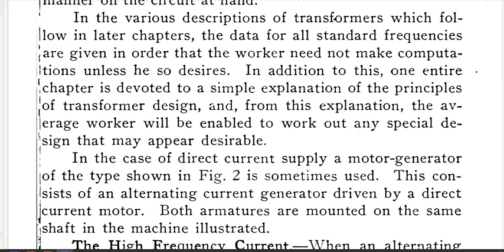In the case of direct current supply, a motor generator of the type shown in Figure 2 is sometimes used. This consists of an alternating current generator driven by a direct current motor. Both armatures are mounted on the same